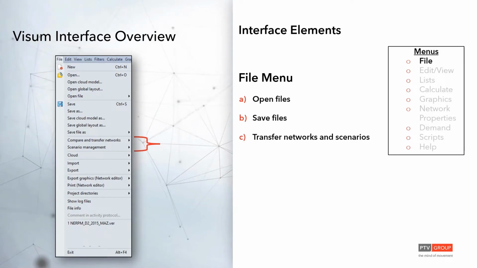There is, in the file menu, an option called compare and transfer networks. Especially when you're working with scenarios, such as a build scenario or forecast scenario, there will be times where you want to compare your build network to the base network and see what has changed, or what's different between those two networks. So Visum provides a very nice feature to compare networks and create transfer files to transfer those changes